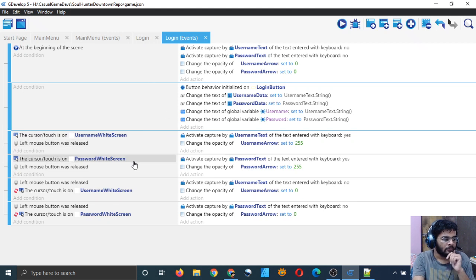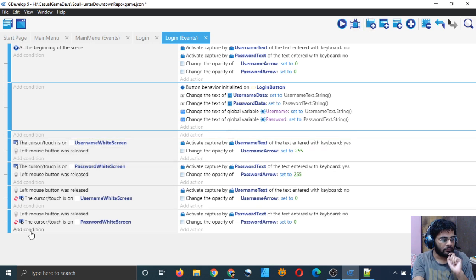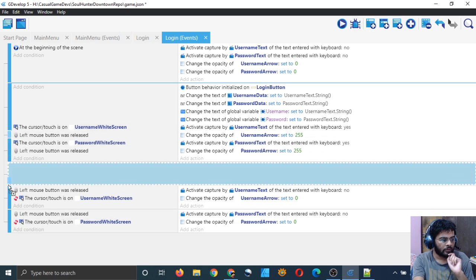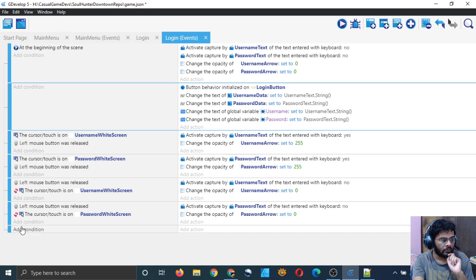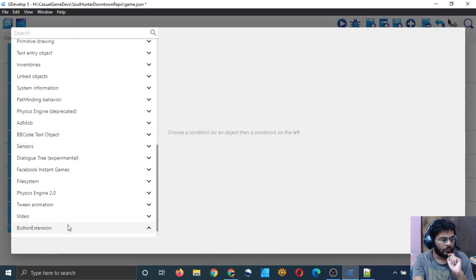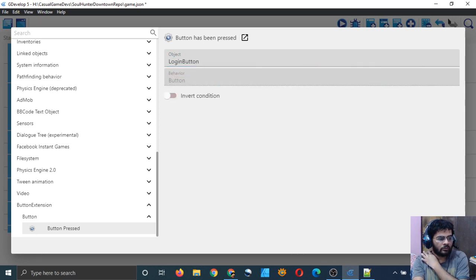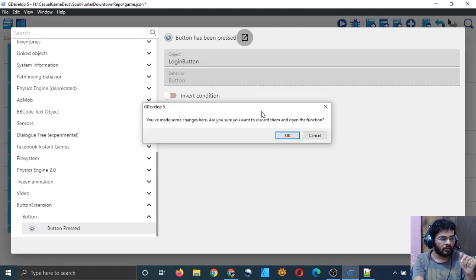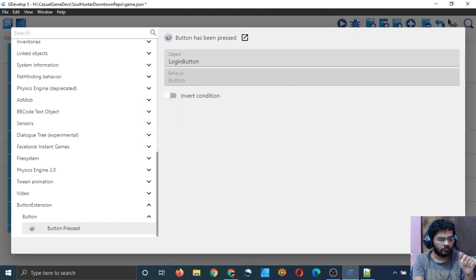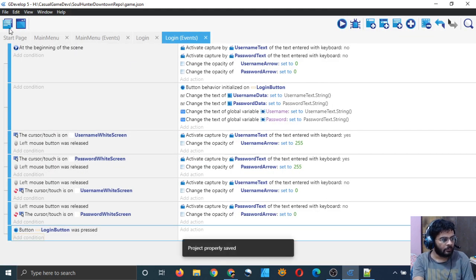And now let me do one more thing, and that is add a condition and drag it here at the bottom, and add, let me see, if button pressed, which button was pressed, login. And so I think this was not working. Let me see the implementation of it.